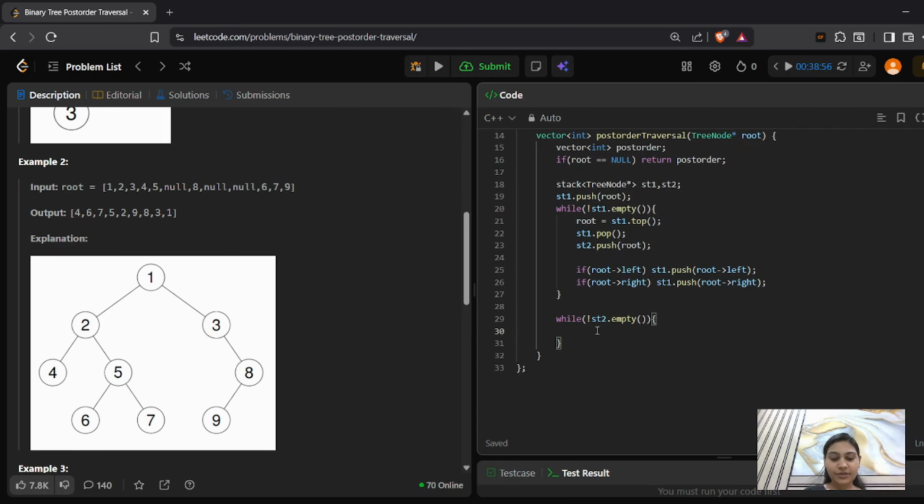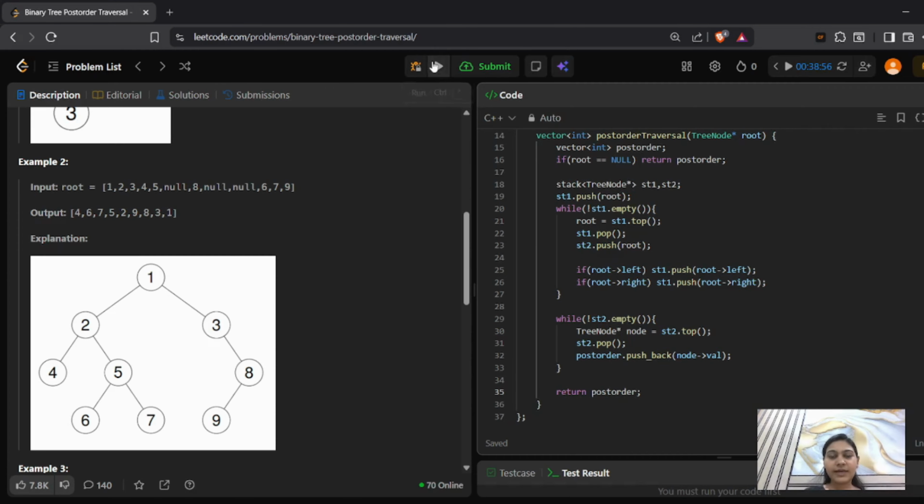I take a TreeNode star node, get the topmost element of the stack, and pop it out and insert this node. We'll be storing the node's value, not the actual node, in our post order. We keep on doing it till our stack 2 becomes empty, and at the end we return our post order vector.